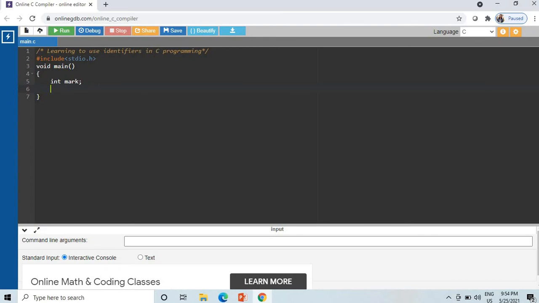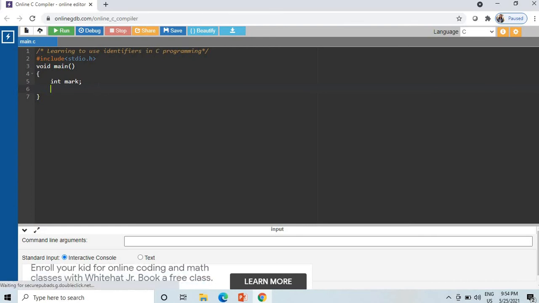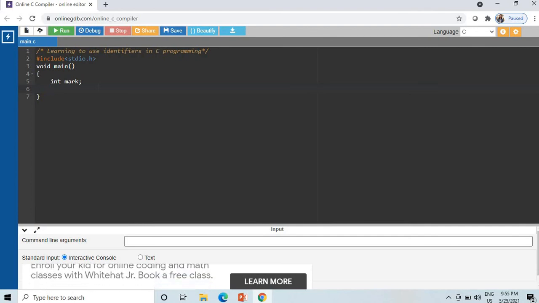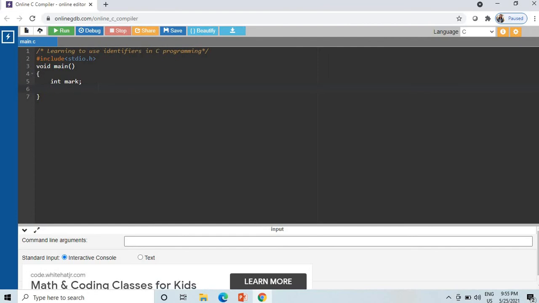During runtime, whatever data input I want to store, the first time when I execute I can store 20, the second time 30, and so on. As it is going to hold only an integer number, we declare it as int mark.